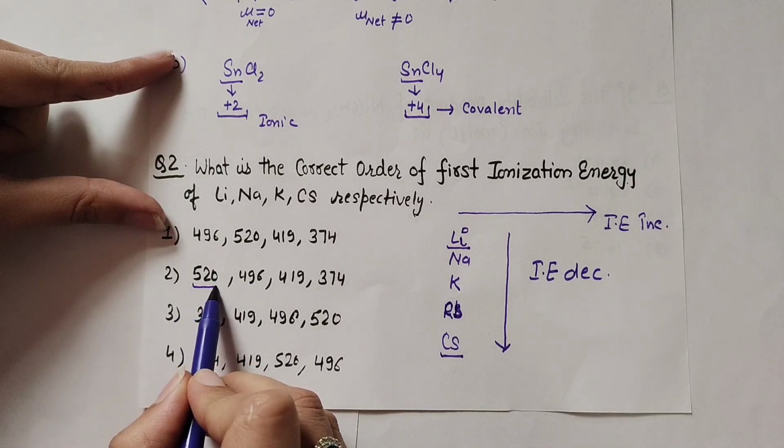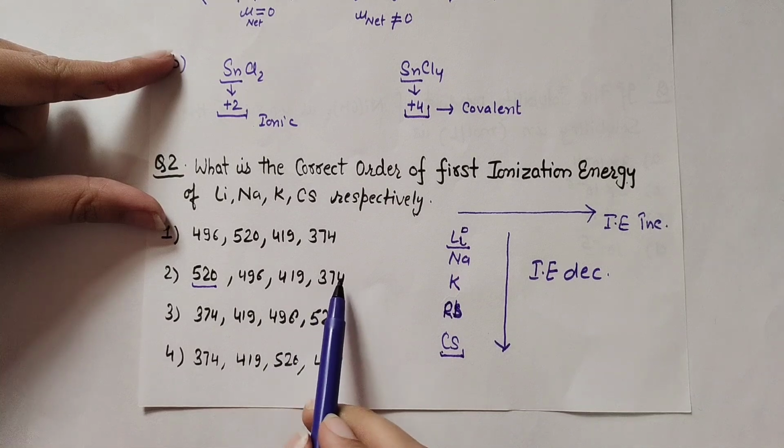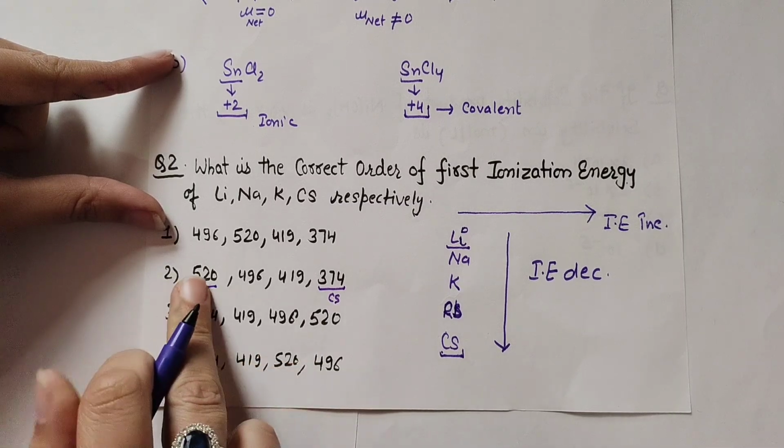520 will be for the lithium and least for the cesium. Cesium will have the least number. Here 374 is the least, and that will be for the cesium. Now we can write it as this is for the cesium, this is for the lithium, highest and lowest we